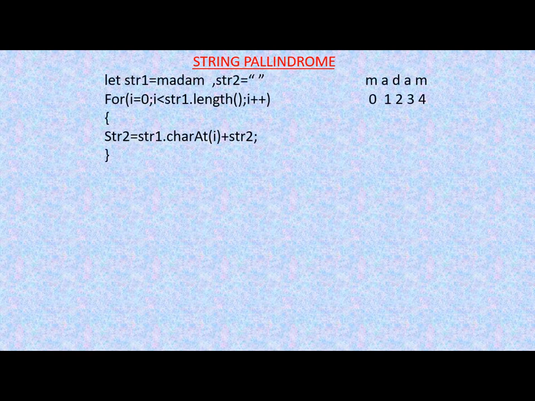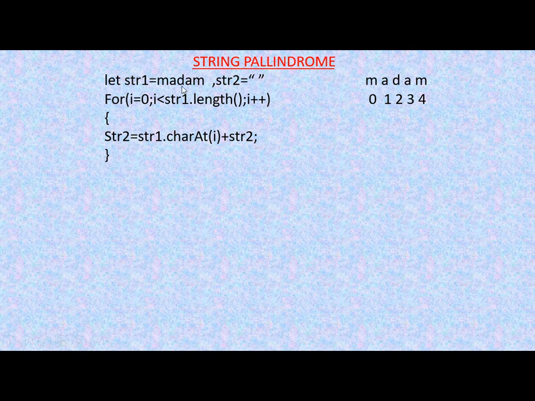Hello everybody. In this video we are going to learn how to find whether a string is palindrome or not. So here this will be the main concept or the main code of the program. Here we will take a string, let it be madam. You can check this program using any string. So I have taken a palindrome string, which is an example is madam.